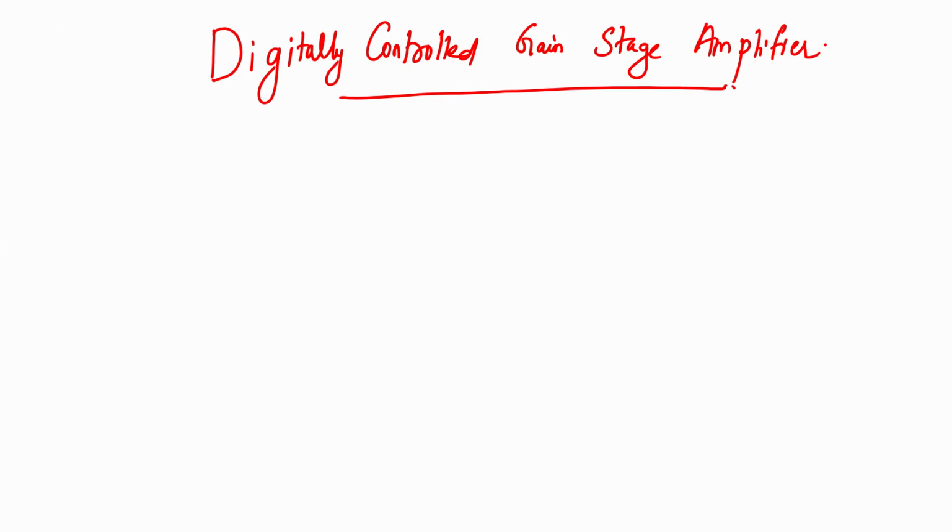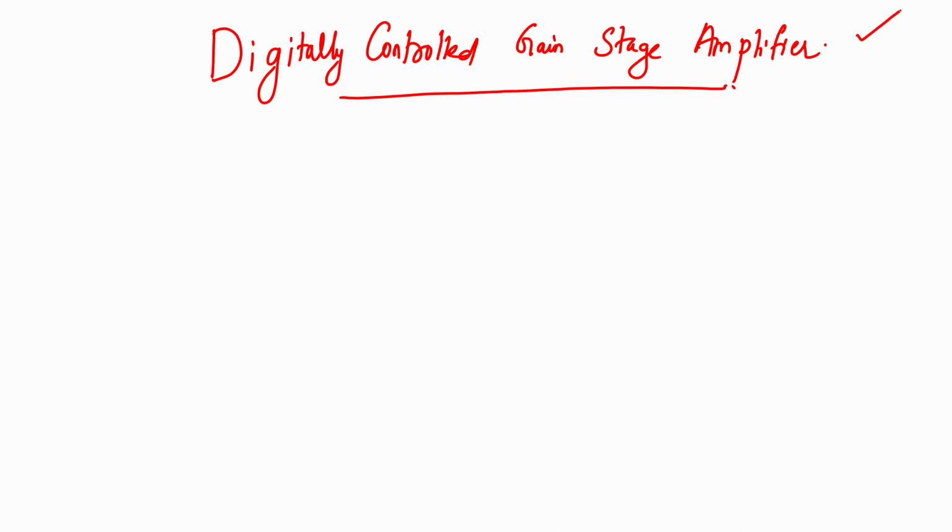Which is quite interesting from a mixed signal design point of view. This is not exactly mixed signal design, that is an entirely other beast in itself, but you can get a few flavors of mixed signal design where your PCB will handle both analog and digital signals. That is the essence of mixed signal design. So today what we will be seeing is a digitally controlled gain stage amplifier.